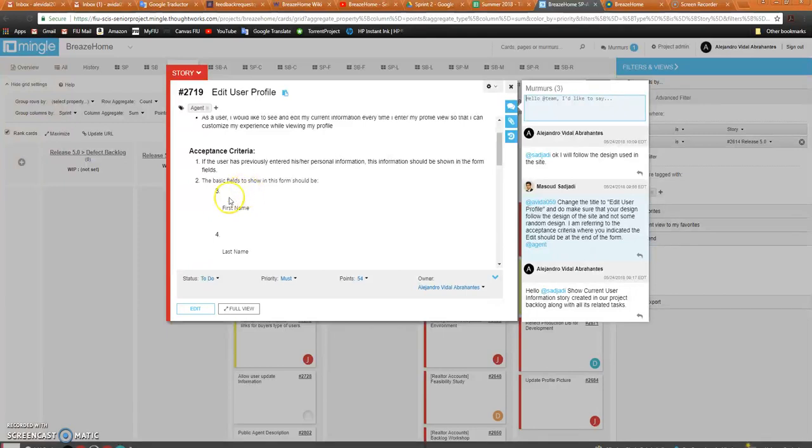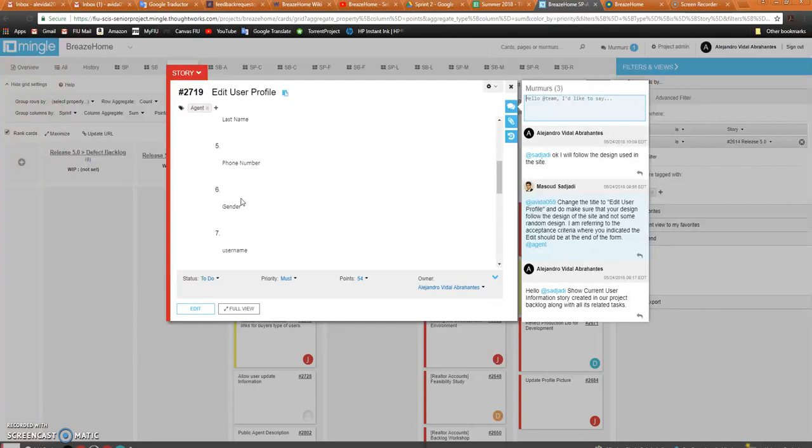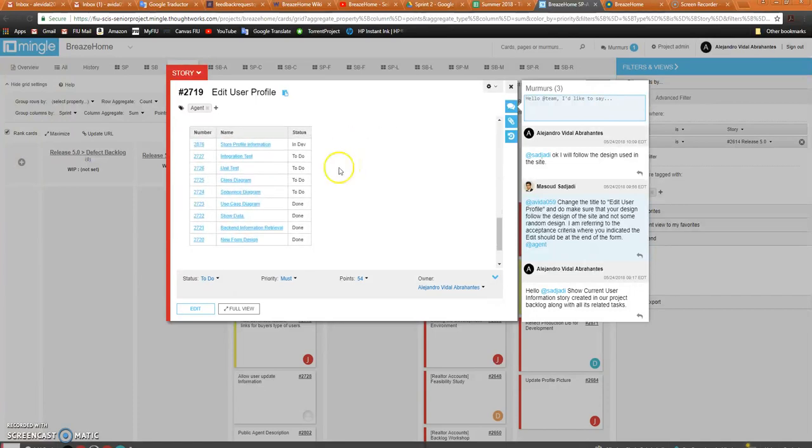The other acceptance criteria will be to design a form that shows first name, last name, phone number, gender, username, and type of user, which should be treated as a different user story for complexity. And at the end of this form should be an edit button that allows the user to modify all the information. This user story has a significant amount of tasks related for its complexity, and I want to show you